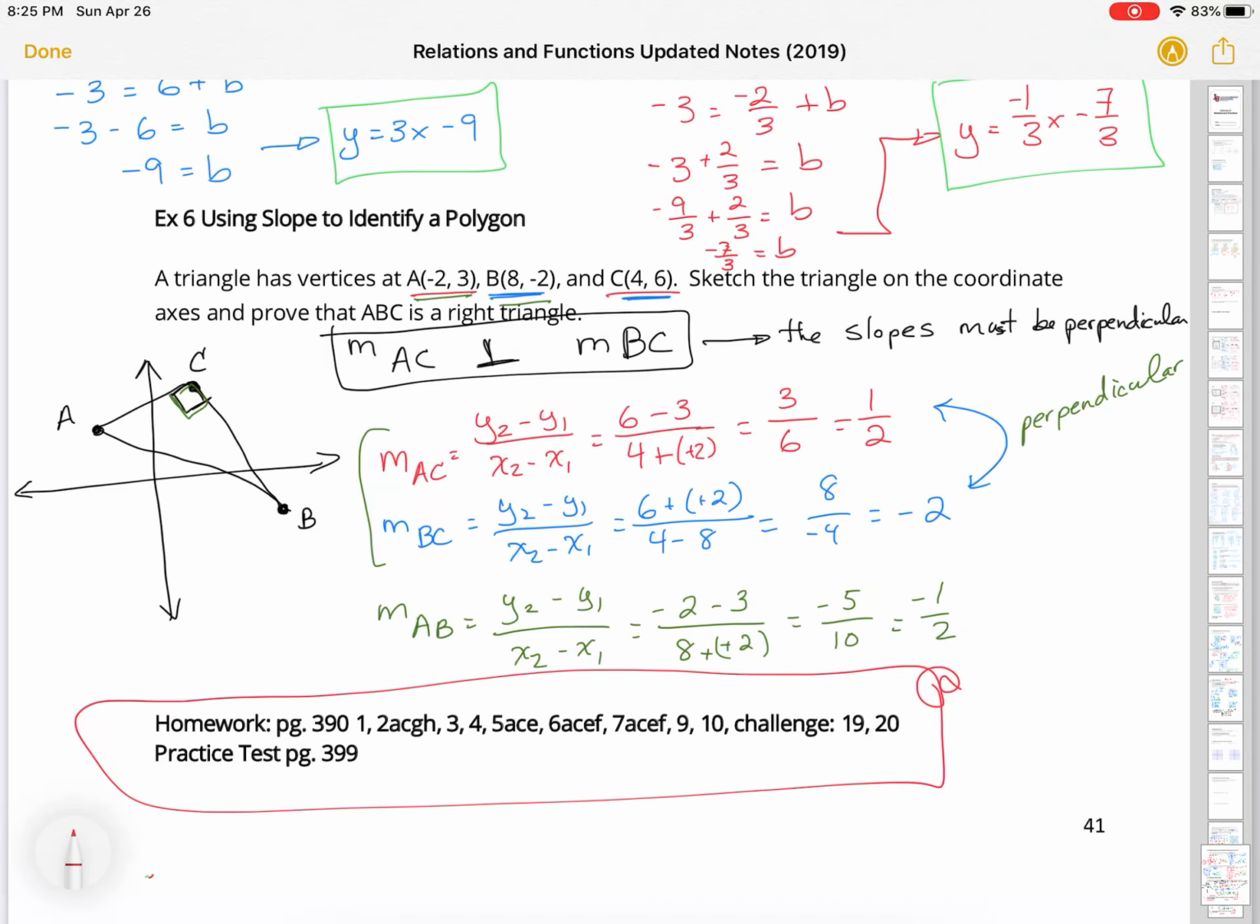Once you finish your homework, make sure you do your Google Form assessment, which should cover this and the previous lesson. You'll notice that there's also the practice test on page 399, so give that a try. That will give you